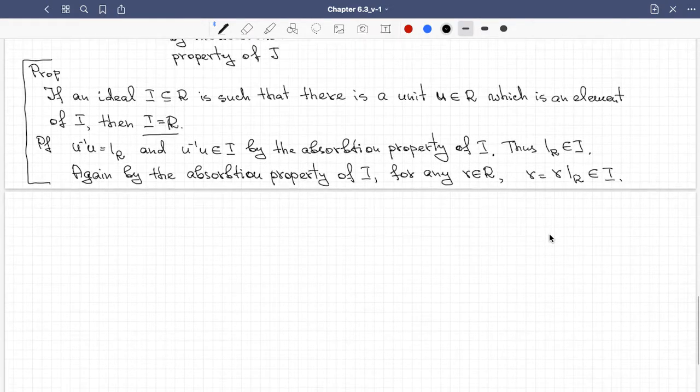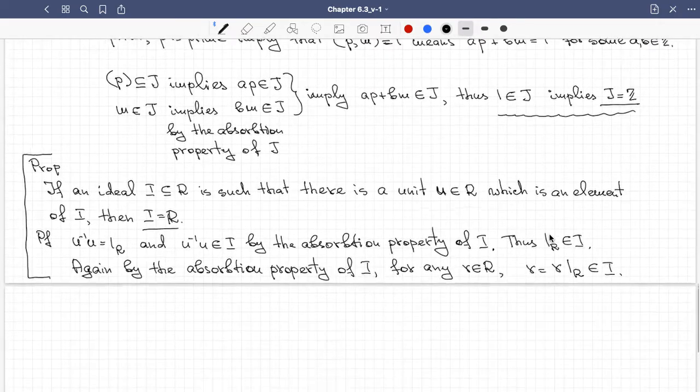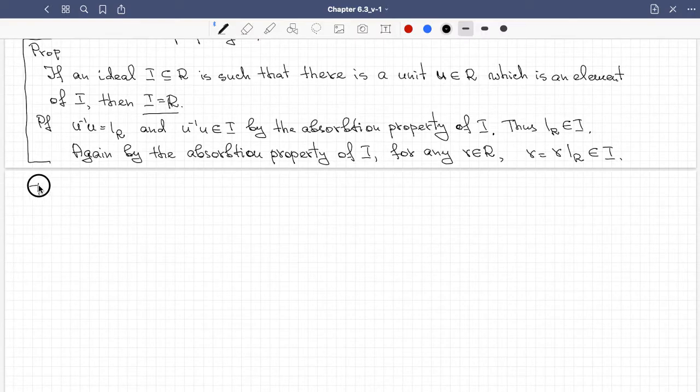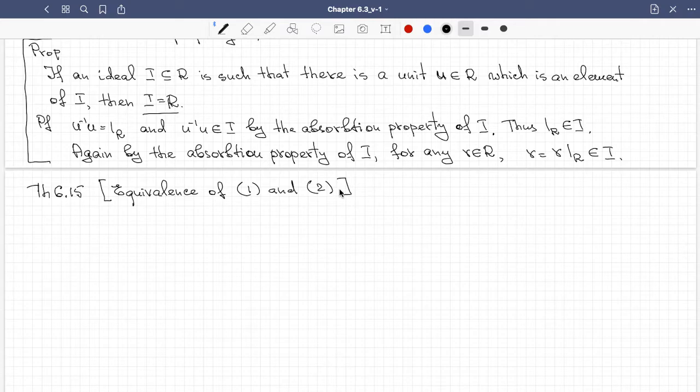So now for the maximal ideals, we have theorem 6.15 in the book, which is the equivalence of 1 and 2 in the theorems 2.8 and 5.10 we started with. Let M be an ideal